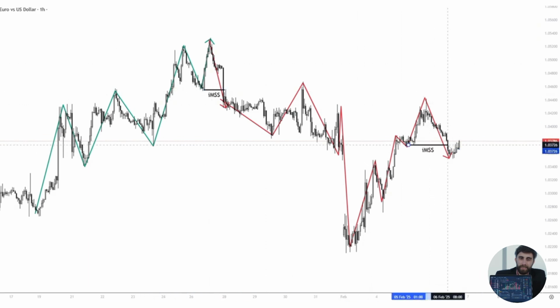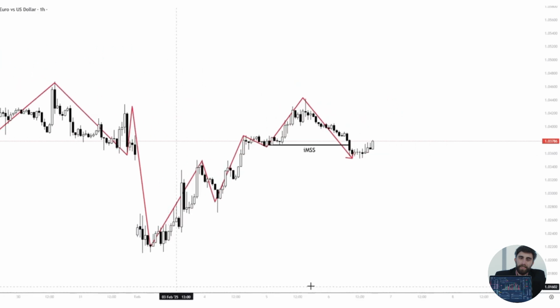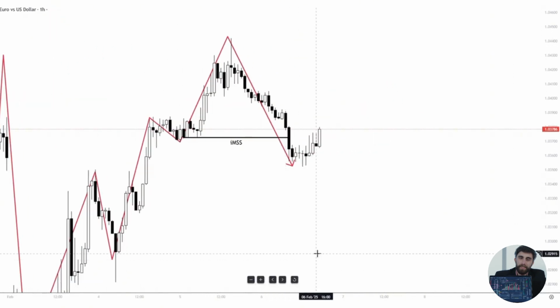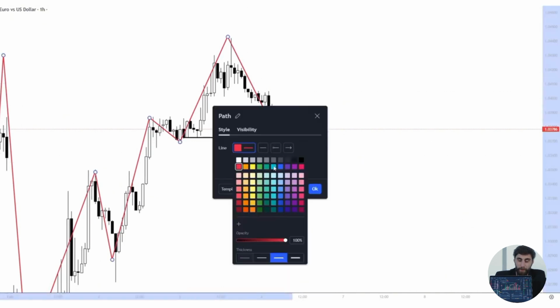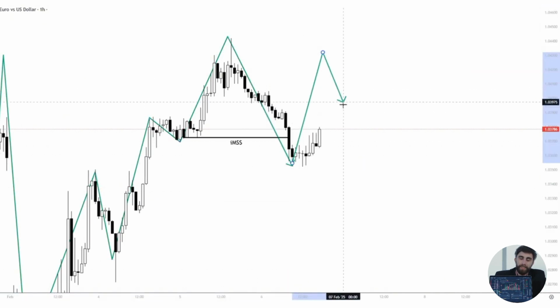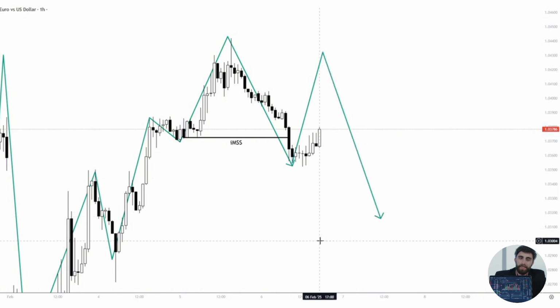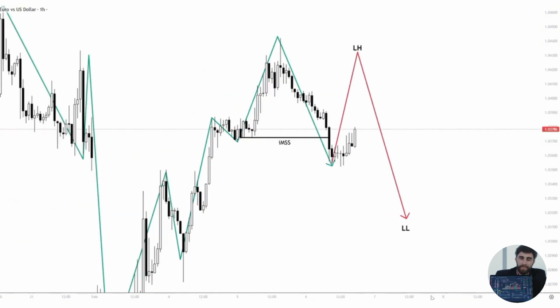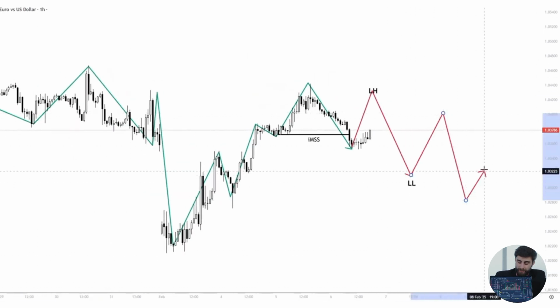The high time frame was following a downtrend, but the internal low time frame was following an uptrend because the pullback in a downtrend is a low time frame uptrend. And when the last low breaks internally, the market shifts internally from an uptrend into a downtrend. So basically, it flips the internal trend and aligns it with the high time frame external trend. Now after a shift, we would expect this kind of price action to form here. So a formation of lower highs and lower lows, to move towards the external lows in order to continue